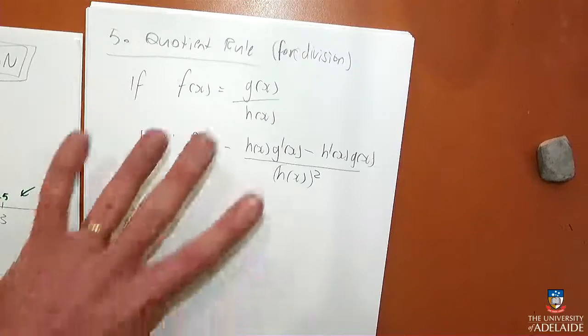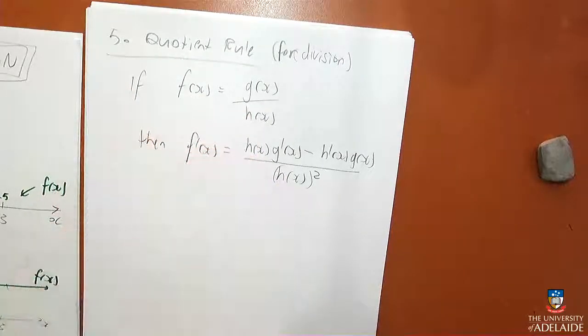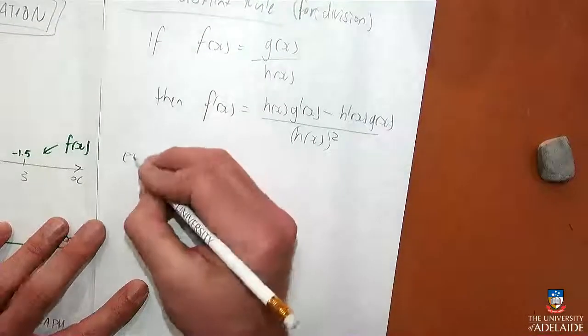So please, if you're talking to someone about this, don't say, hey, what's your g and what's your h? They won't understand it. Or even if you say, what's your u and what's your v? You're going to need to say, what's your numerator and what's your denominator? Numerator is the name for the top and denominator is the name for the bottom. So just as an example,